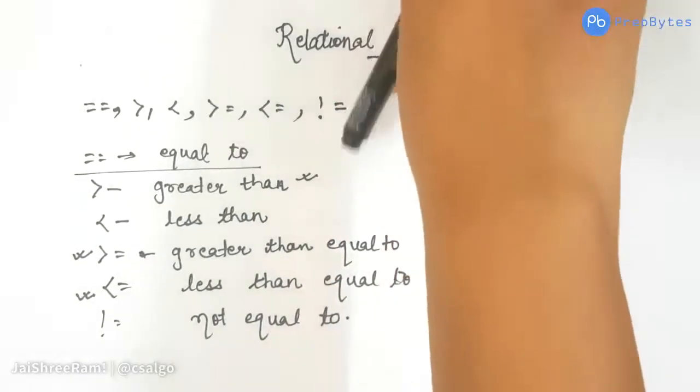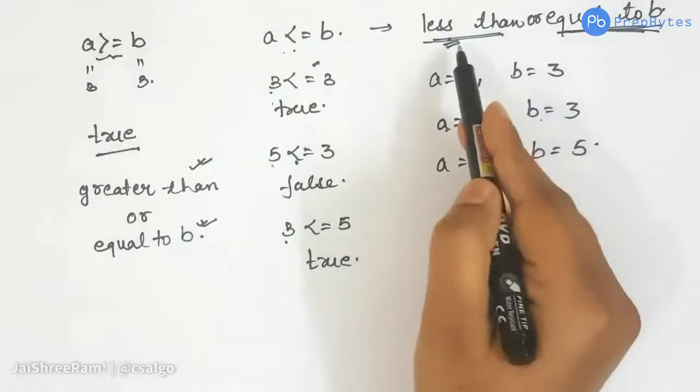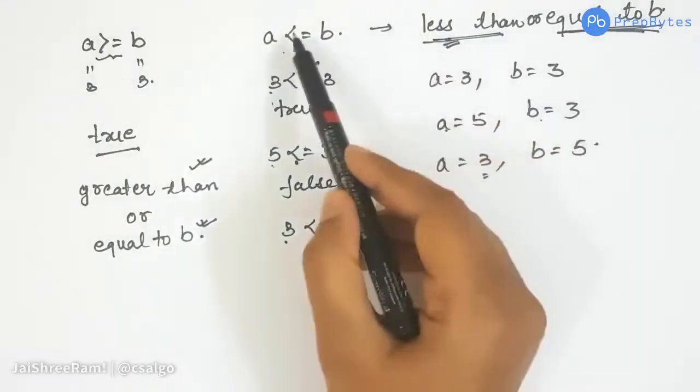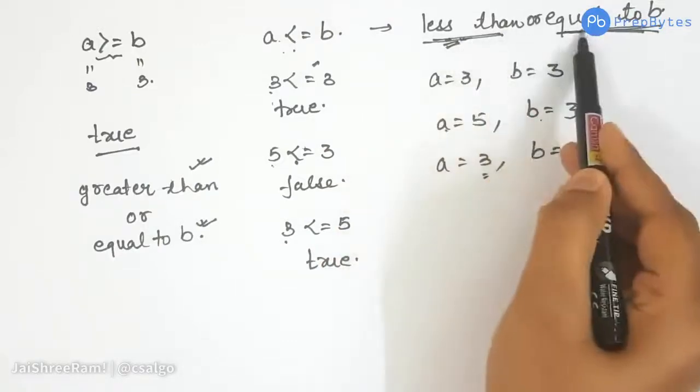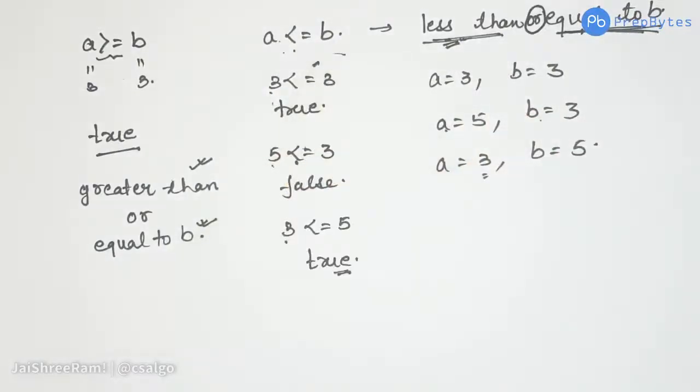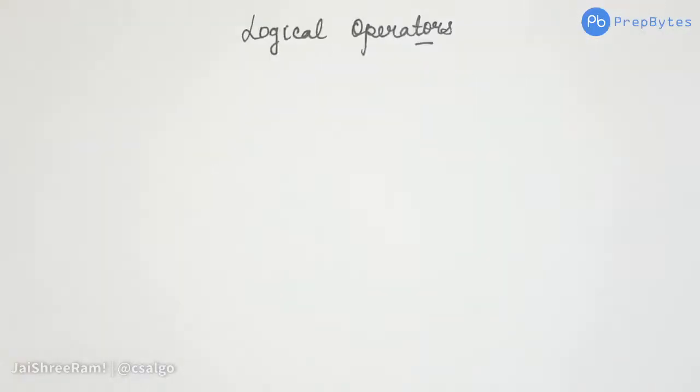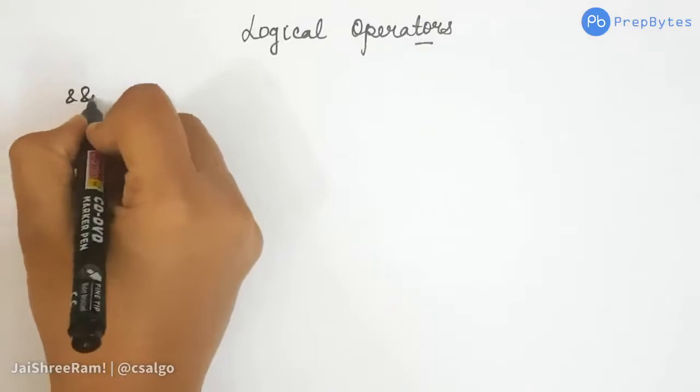As you saw here, I'm saying that if A is less than or equal to B, if either of these is true, this will be true. So for handling such situations where we have multiple conditions, and based on the true and false values of multiple conditions we want a result, for such scenarios we use logical operators. So let's talk about the logical operators now. Talking about the logical operators, we had logical and, logical or,